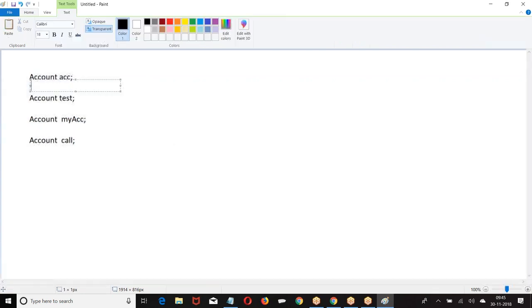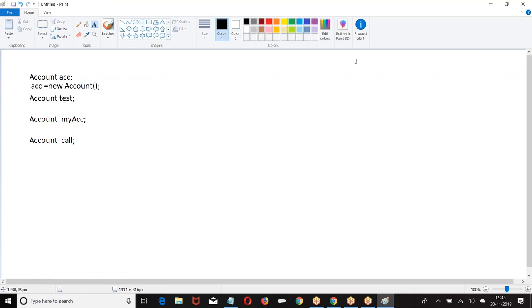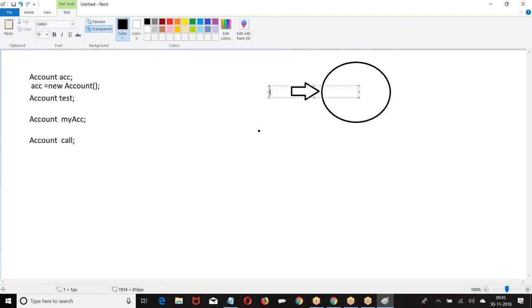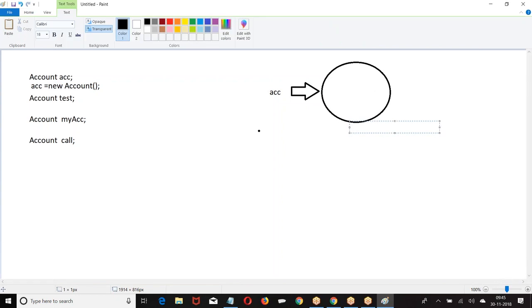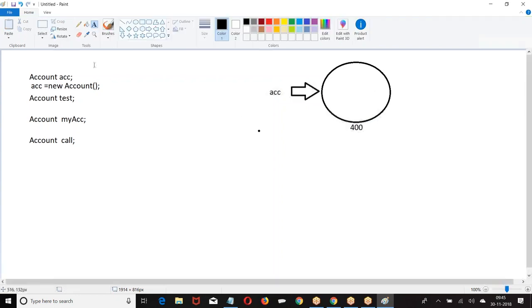Then I said ACC equal to new. Then what happened? Memory was created, and this memory was referred to using ACC. Let us assume it's location 100.